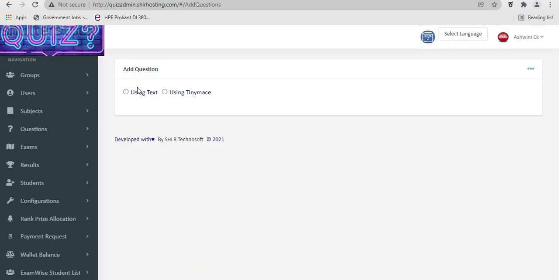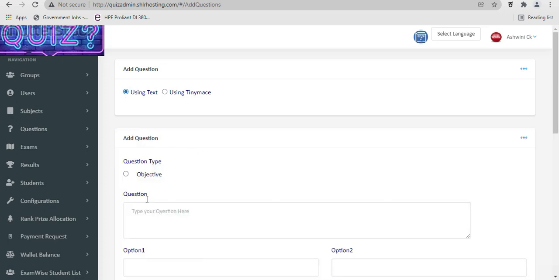The same way you need to add a minimum of 5 to 20 questions to conduct one particular exam. So again the same way, choose an objective, add a question.